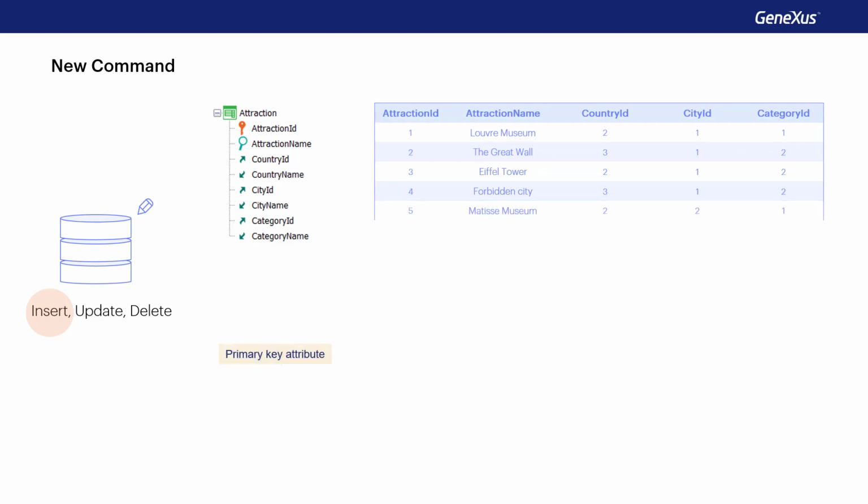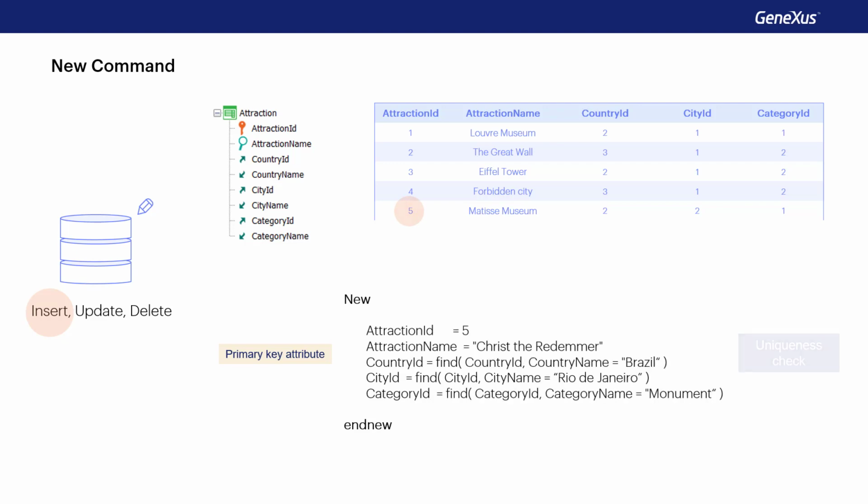The same will happen if the attraction with ID 5 already exists in the table when we're going to execute the new command. Here, it won't do anything at all, due to the uniqueness control. And this is true for both primary and candidate keys. Let's imagine, for example, that attraction name is a candidate key.